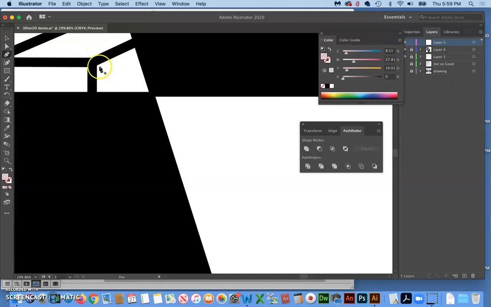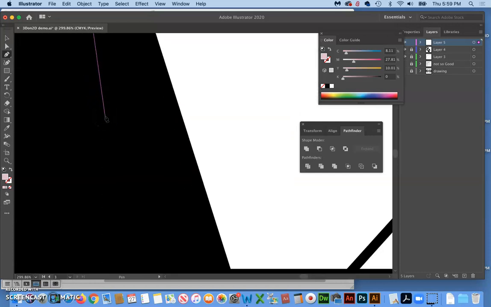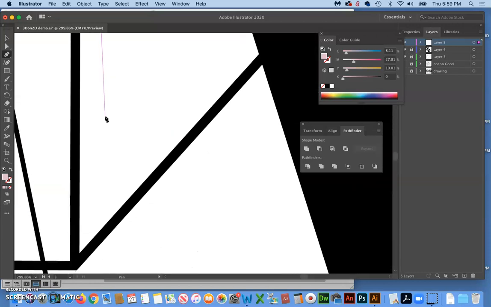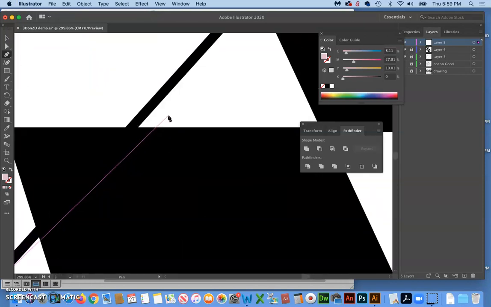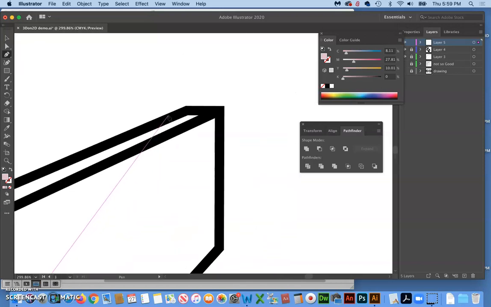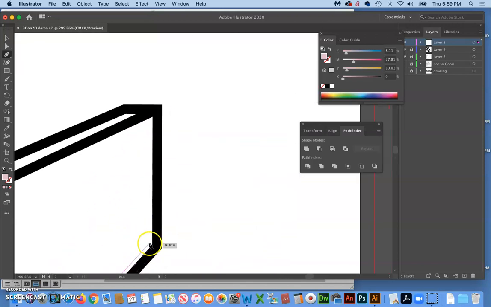So I want to click about right here. I want to be inside. And then I'm just going to scroll all the way down to here, click inside again, go all the way to this opposite end and so on. So I'm going to connect the dots all